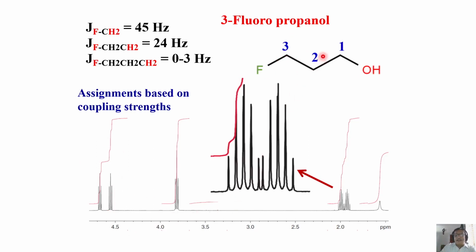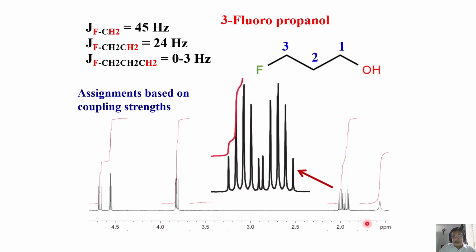That is another way, but I am assigning based on the coupling strength now. And what about this one? This is 2-bond coupling between the 1, 2 and 3-bond couplings will be 24 hertz. Look at this one. Where is that? This one will be a doublet because of this. Each line of the doublet is split into a triplet because of this, and another triplet because of this. Very complex pattern. So that means it will be a quintet or a septet, whatever it is. Two such patterns should be there. So it will be a doublet of sextet or septet. Where can you see that?